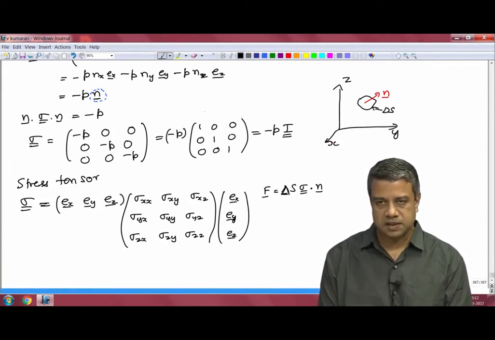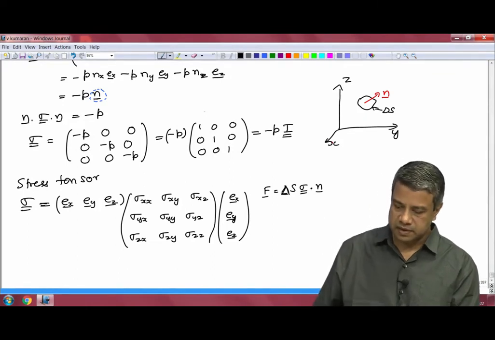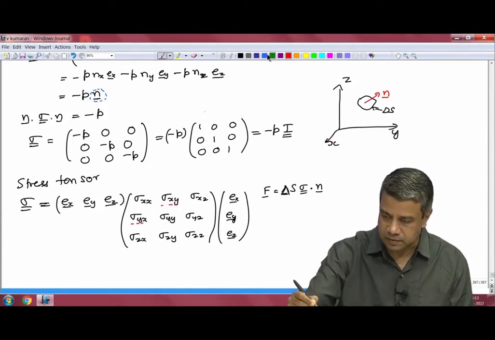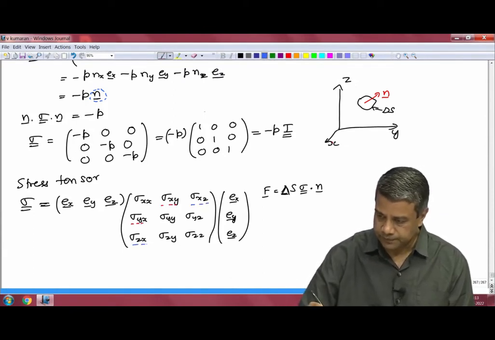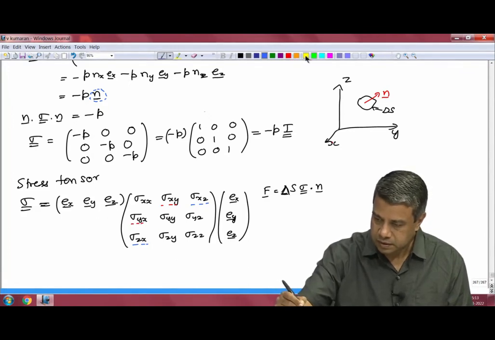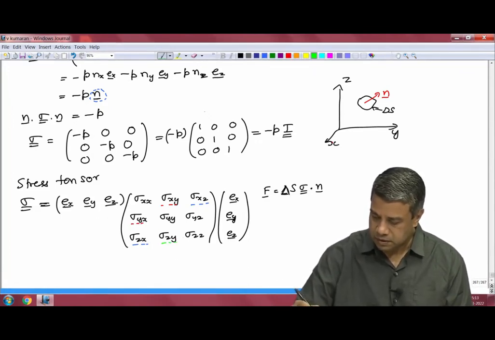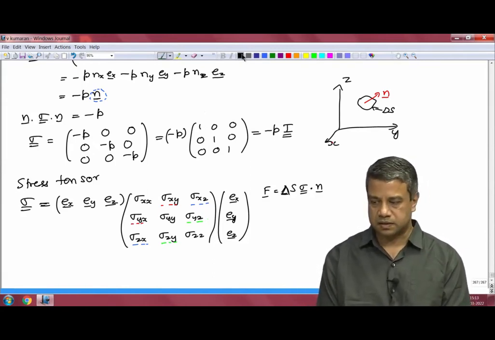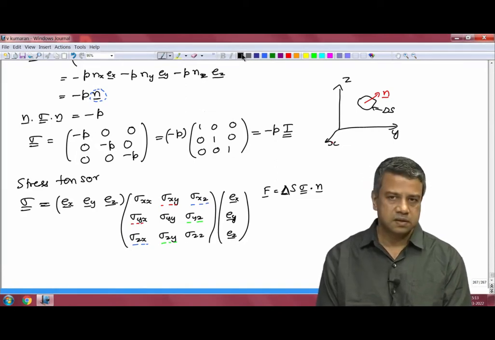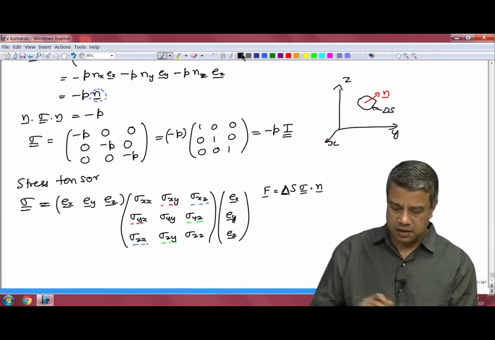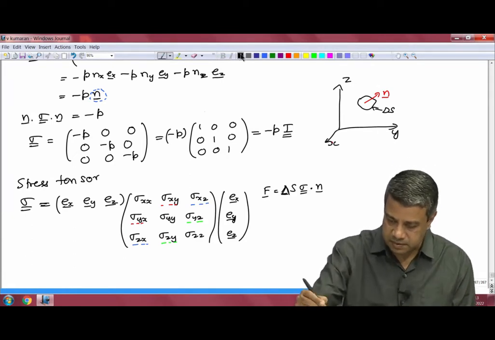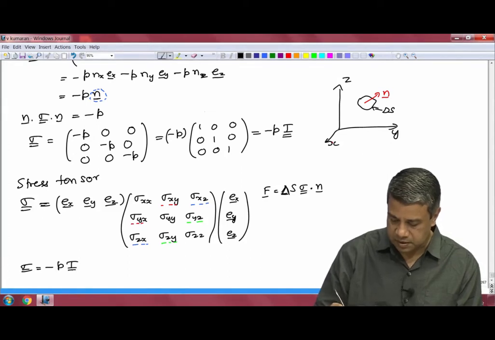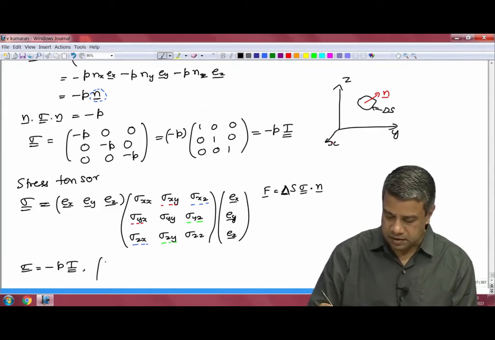I had shown you the last time that for angular momentum conservation, the stress has to be symmetric, that is the off diagonal terms all have to be equal. The off diagonal terms have to be equal from the angular momentum balance condition. So, stress is a symmetric tensor, and in the absence of flow, the stress can be written as sigma is equal to minus p times I, where the identity tensor is